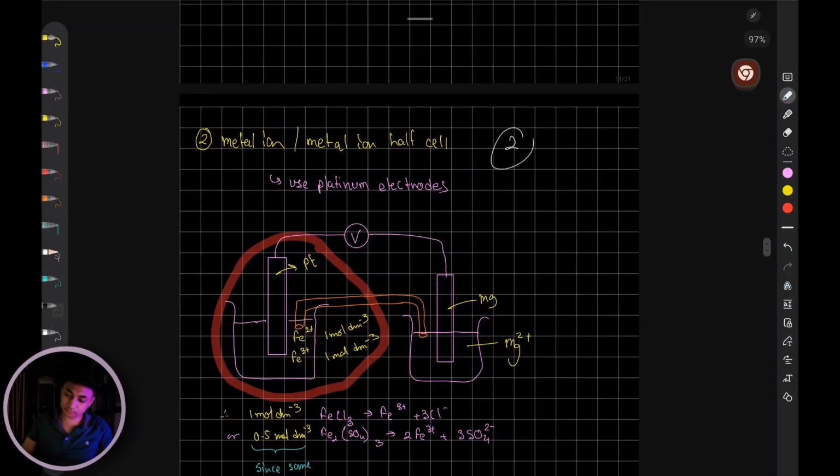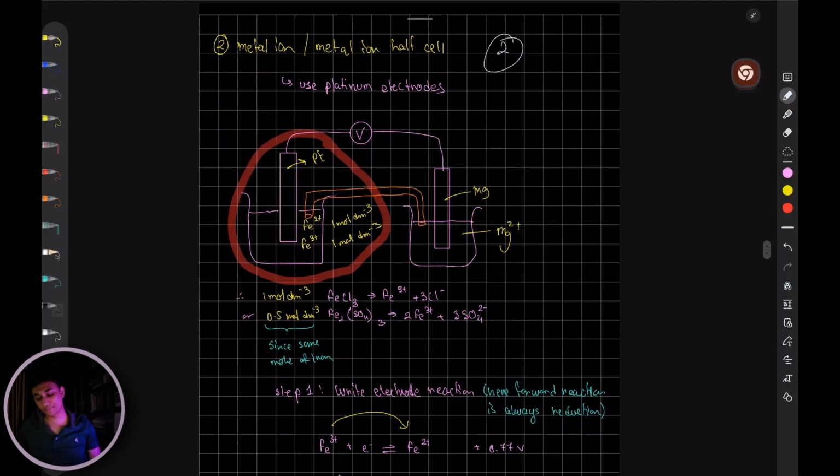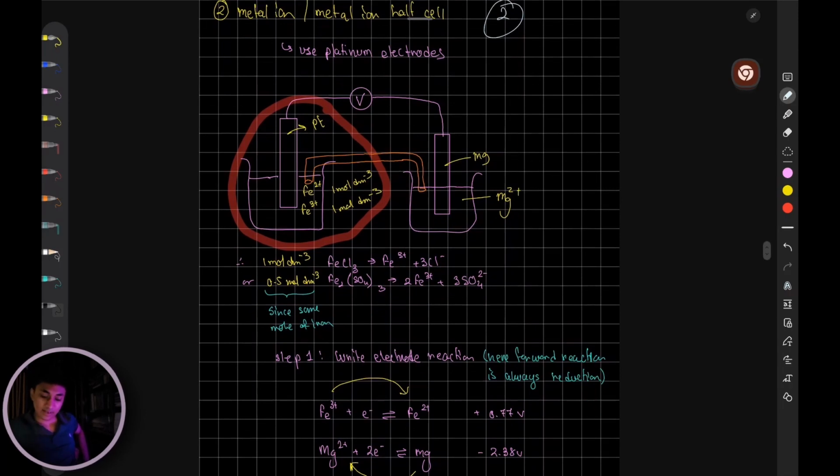So this is your second type of half cell. In this case, notice one thing: this entire half cell is made up of two metal ions. Your electrode is actually going to be made up of platinum, because you don't have a solid metal in this case to make the electrode. You have two metal ions in the solution. Our metal ions are going to be Fe2 plus and Fe3 plus, in two different oxidation states. And I've connected this half cell to a metal and metal ion half cell,